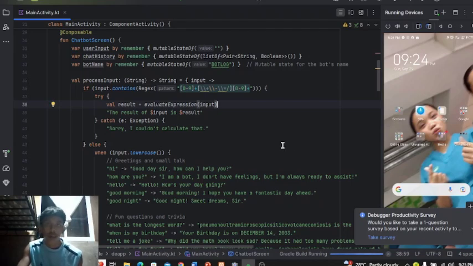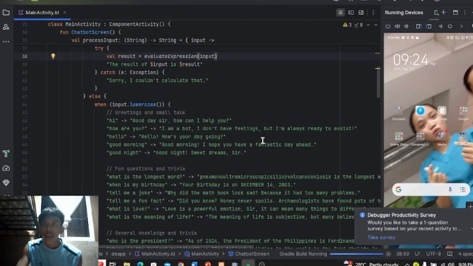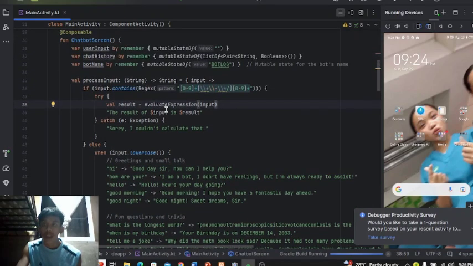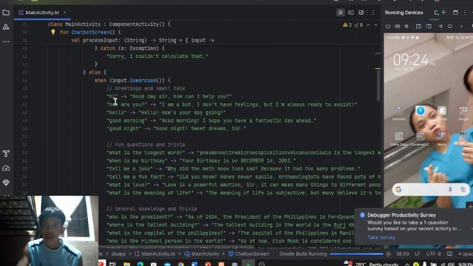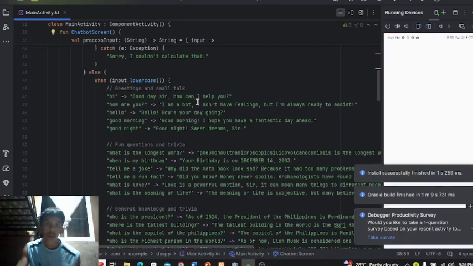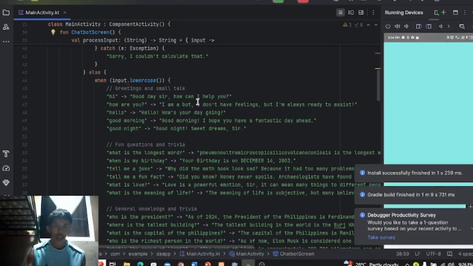Because it's still loading. So if we input characters, not integers, so oh wait, it's running already. So